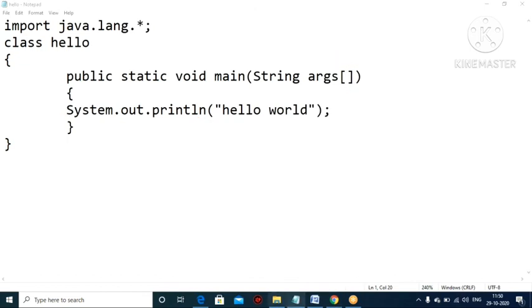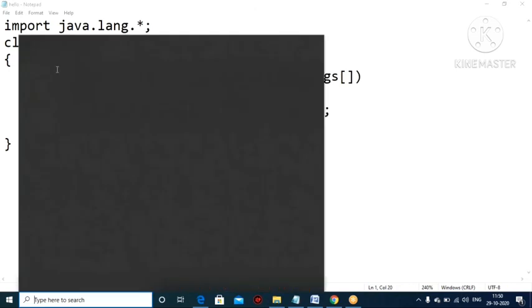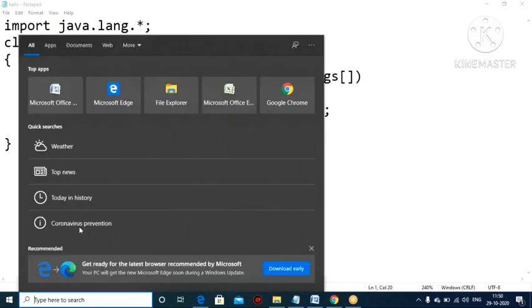Okay, I open the command prompt. First thing, before starting, you first set up the path for your Java file. Run command.